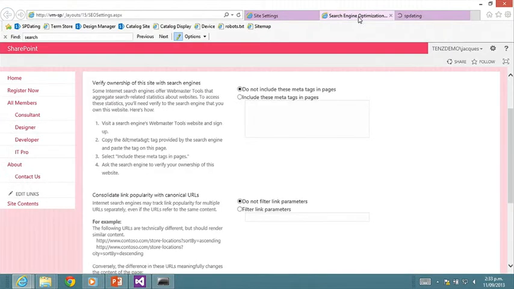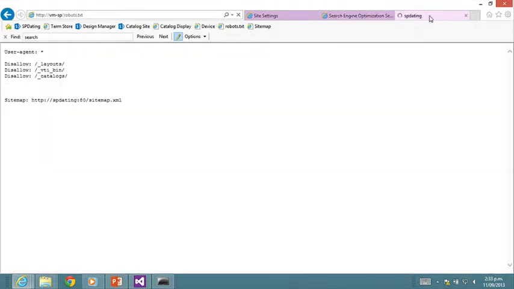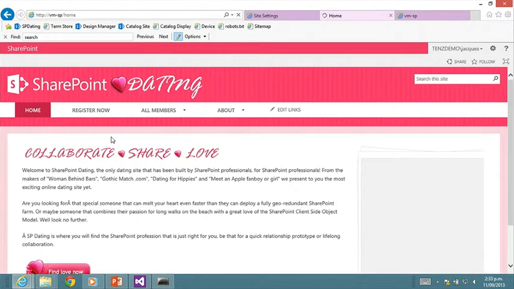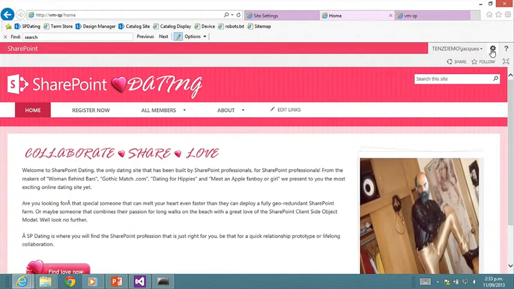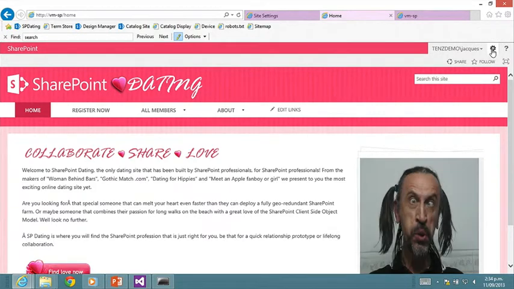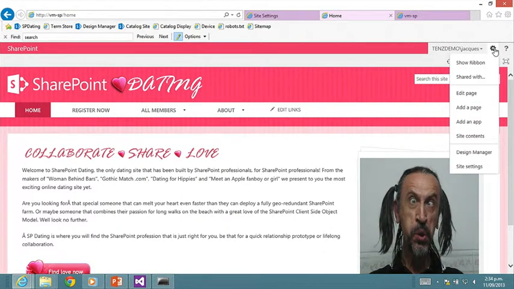Cool. So while I'm downloading that, I'll show you how we can also add special unique content to our sites as well. So if I go back to my home page now, what I want to do is add some keywords to my page and also a description to the page, which is a key thing for search engine optimization. So if I go and edit this page,